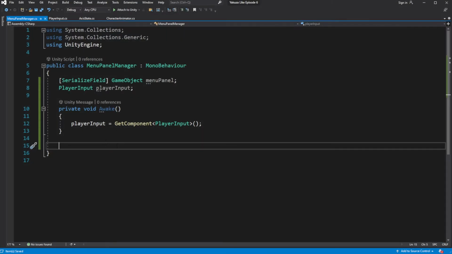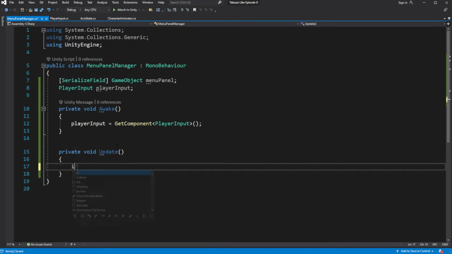Then in update, check for the menu input. If it is true, call open menu, where we will set the panel to be true.